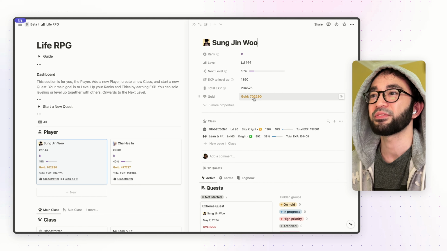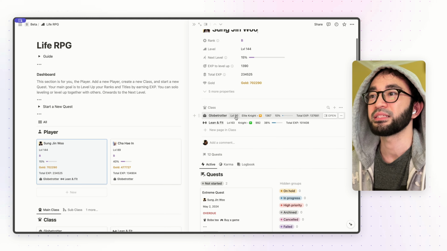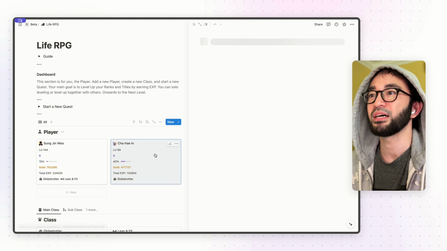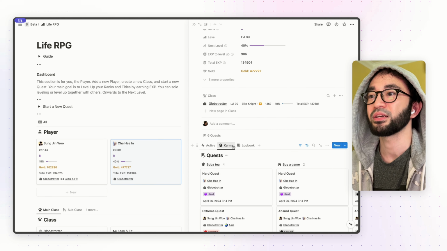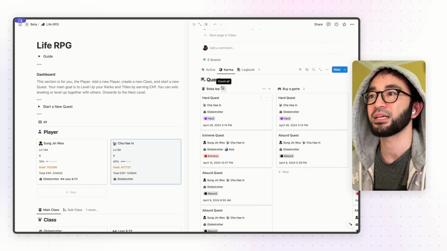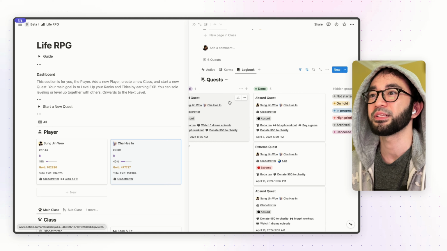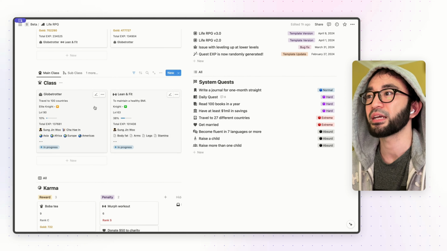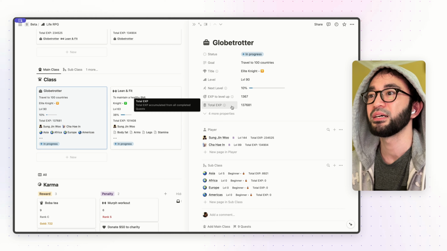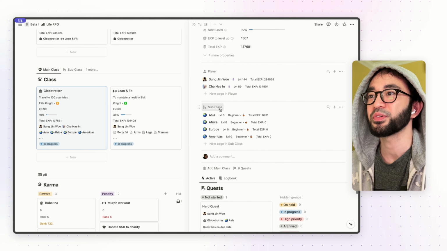I have 700,000 gold. My experience points is now 134,000. And these are my classes, and I can look at my partner's page, Chahe In, same thing. And then the karma that she has claimed, she has claimed 4 boba teas, and in the logbook, 1 failed quest, 5 done. Okay. And if I have a look at my classes, Group Trotter, you can see my subclasses over here,